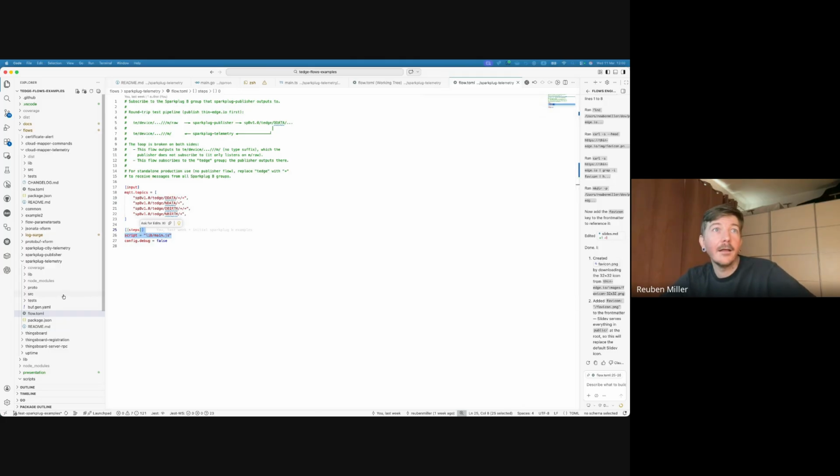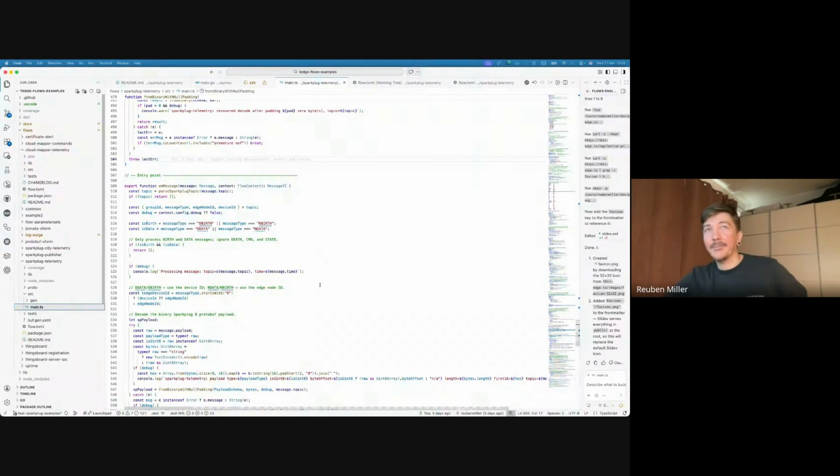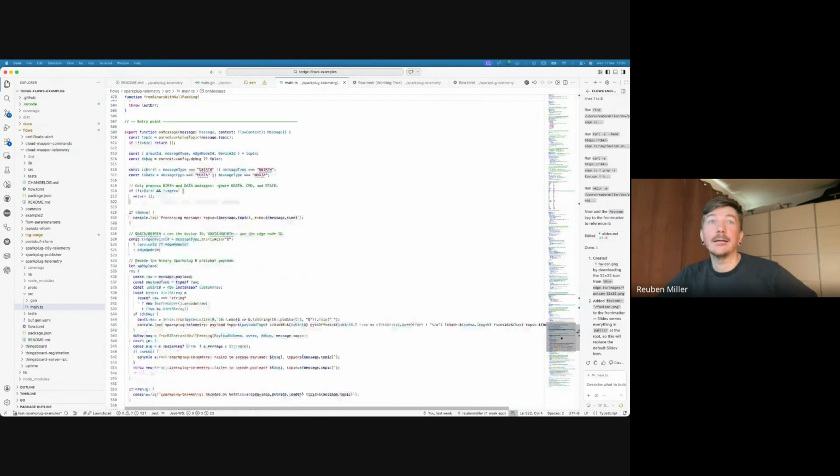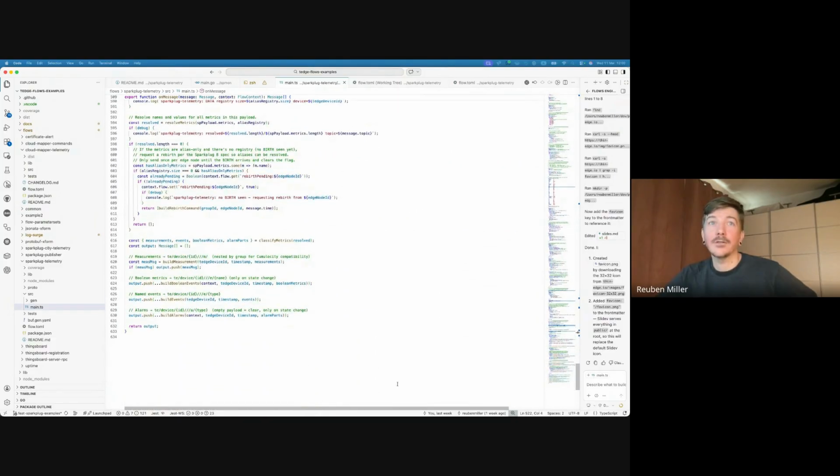main.js. Because this is non-trivial, usually typing helps. Otherwise you get in a bit of a mess, especially for AI, typing definitely helps. So this is actually my Sparkplug B definition, the flow JavaScript file. You can see it's quite sizable, but this isn't all the code. So if we go up,